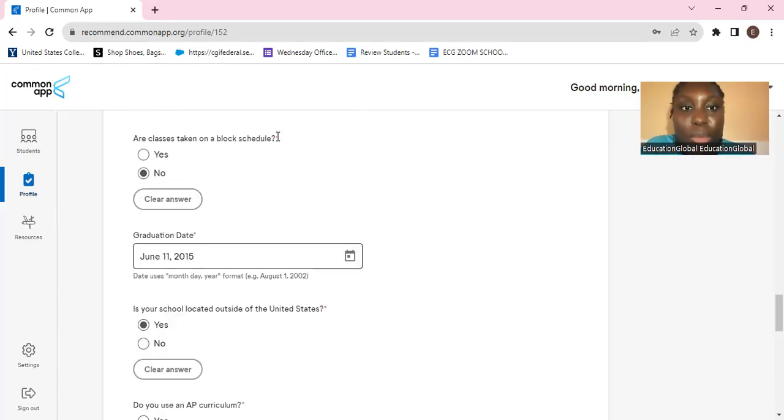Are classes taken on a block schedule? A block schedule is basically where you take one course and focus on it for maybe 3 to 6 weeks, and when you finish, you move on to the next course. That means you have like 5 courses in a semester or in a term. I don't think any school in Nigeria does that. But obviously, if you're from another country